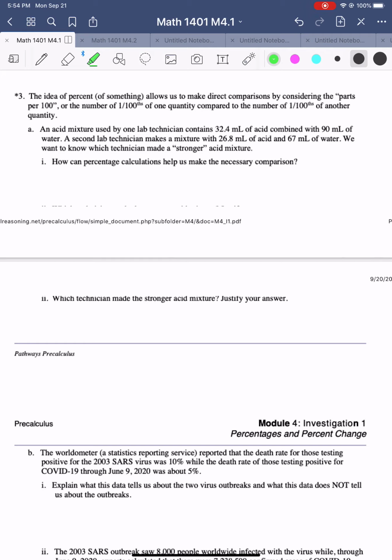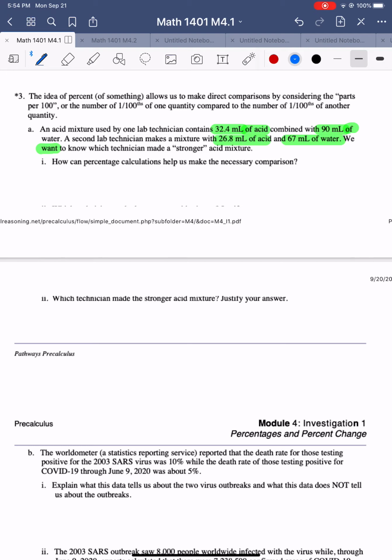Because when you just have numbers like 32.4 milliliters of acid and 90 milliliters of water, and another with 26.8 of the acid and 67 milliliters of the water, at the numbers you see, I don't know exactly which is stronger. But if you are using the percentage, it's easy to compare because